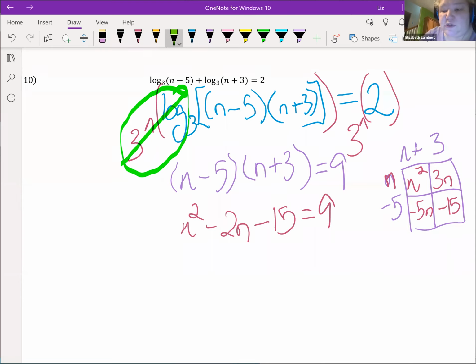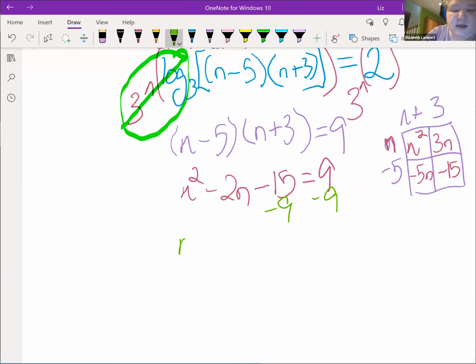In order to solve this quadratic, I've got to move the 9 over. It's got to be equal to 0 to try to factor. And odds are on these, especially with logs, it's going to factor. We don't want you to have to check with ugly numbers. So negative 15 minus 9 is negative 24, and that is equal to 0 now. So this bad boy